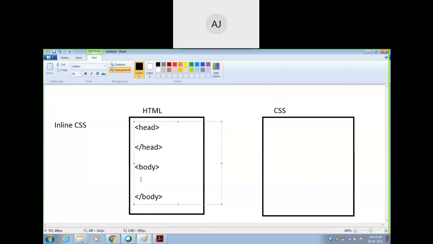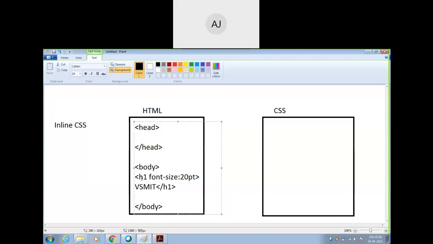For example, here you have H1, then font-size is, say, 20 pixel or PT you can give. Then you give whatever you want, say VSMIT. Then you can close this H1. Now what will happen here?